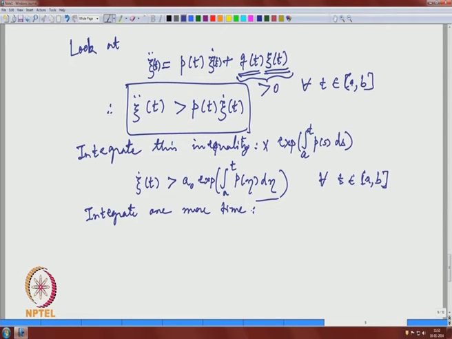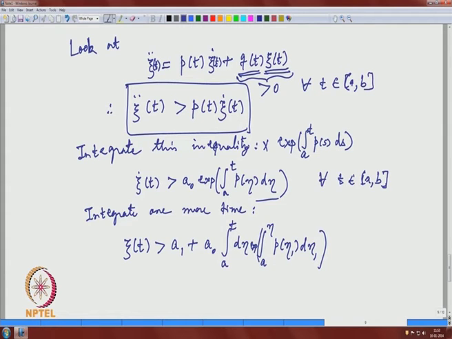Okay, to obtain, finally, we have J(t) is bigger than A1 plus A0. So, there is a double integral. Let me write it first: integral from A to t, d eta, and then exponential as it is, integral from A to eta of P(eta1) d eta1. So, there is a double integral here. Okay. That is fine.